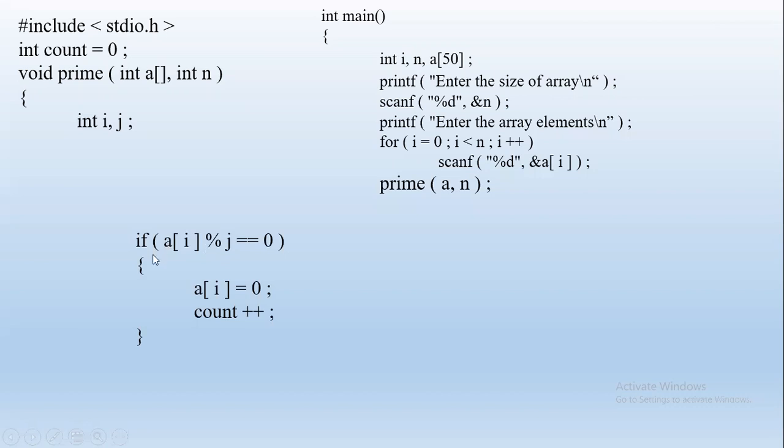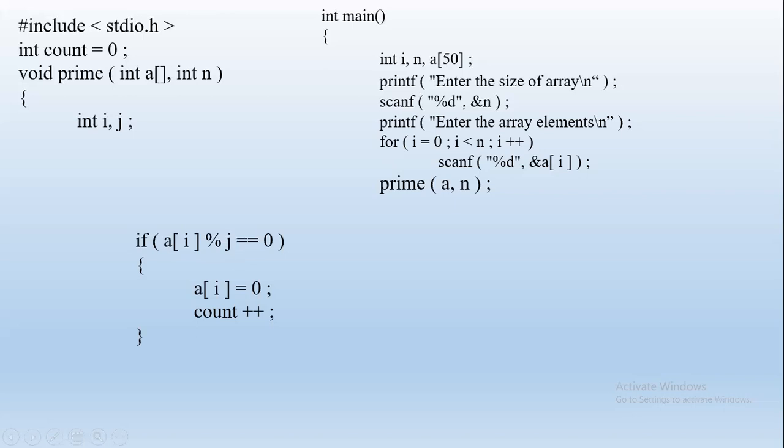So A of 0. And now if we think, okay, if we are not dividing by 0, what should this first value of J be? If we give divide by 0, then there is an error. Divide by 0 is not possible. And 1, every number is divisible by 1. So there is no meaning to divide by 1 and check. Okay, then it will give all numbers are not prime, right? So we need not check by dividing 0 because that is error, and dividing 1 because all the numbers are divisible by 1. So in that case, J will start from 2. Is this clear? I starts from 0 because array index starts from 0, and we have to start dividing from 2 onwards. So that is the logic for prime number.